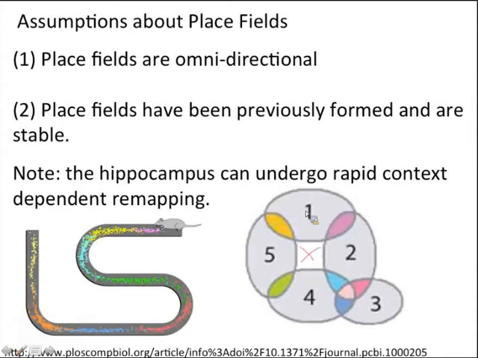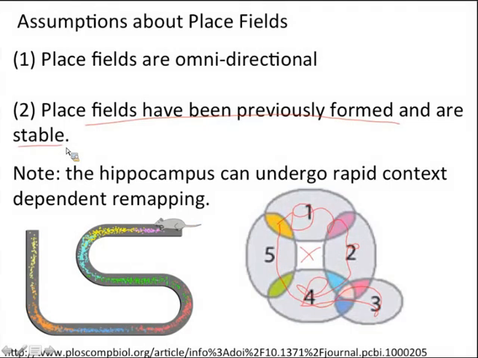It's forbidden. Maybe there's a tree and you can't walk through trees, so you can only traverse in here, and the place fields will actually look different in the two regions. And so we will assume that the place fields have been previously formed and that they are stable. For periods of time they are, but depending upon the experimentalist or the experiment, how stable it is, whether it lasts for minutes, hours, weeks, it will vary. These are all experiments where you've implanted something into the mouse brain and maybe that's moved a little bit